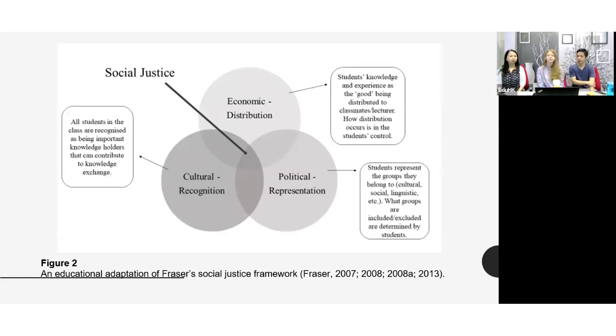It is about student knowledge and experience as the good being distributed to the classroom or lecturer. It is about how distribution occurs in the student's context. And second, for the political dimension, it is about students representing the groups and the groups